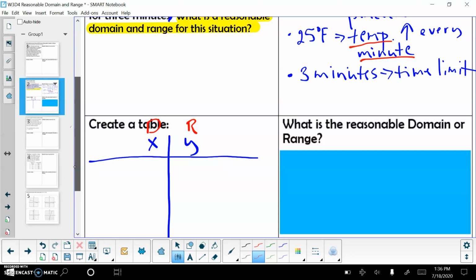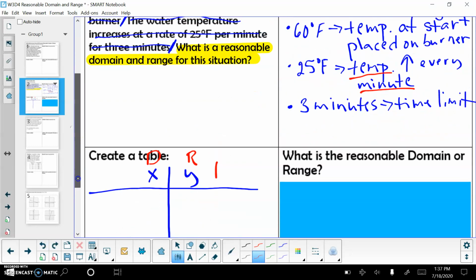So remember, X, the domain, is the independent. Y, the range, is the dependent. Well, what is the dependent? If I think about it, what depends on the other? Does temperature depend on the time, or does time depend on temperature? Well, the temperature is increasing the longer you leave it on there. So the temperature is depending on the time. Since the temperature is the dependent,